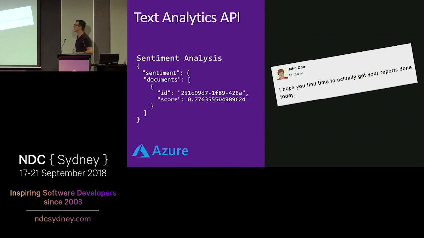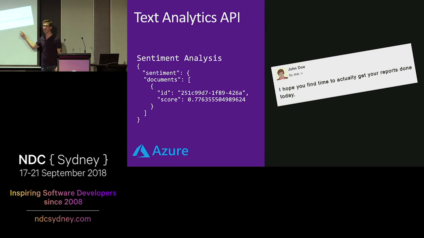Another cool one, Text Analytics API. So this is the Text Analytics API on the Azure cloud, and this is doing sentiment analysis. So who here has ever gotten an email from their boss like this? "I hope you find time to actually get your reports done today." Right? We've all been there.